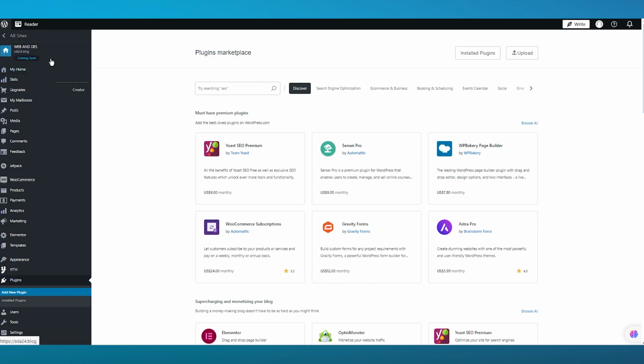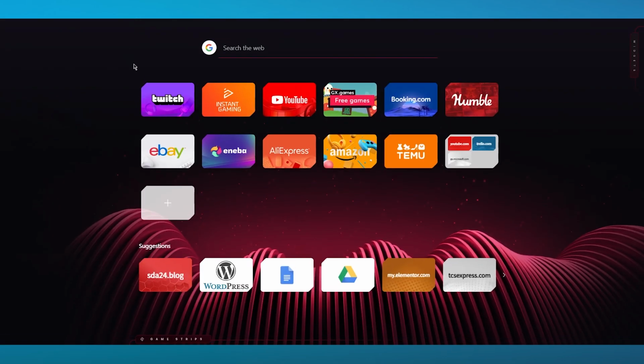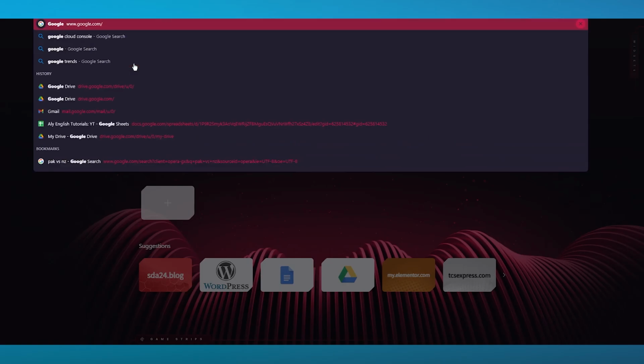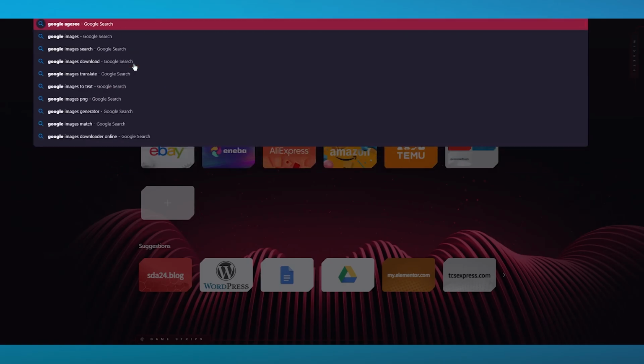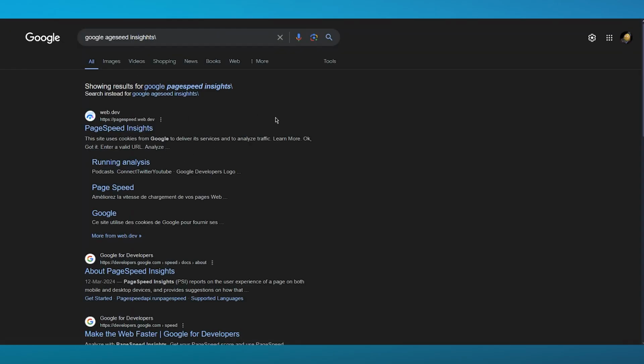And to see the actual speed of your website, what you can actually do is, let's say, I'm going to come over here, open link in new tab, and once we open this link in new tab, we have this link over here. I'm going to copy it down. Now, once we copy it down, I'm going to come to a new tab, and over here, I'm going to write Google Page Speed Insights. Okay. Now, once we come to this, we have the Page Speed Insights page.